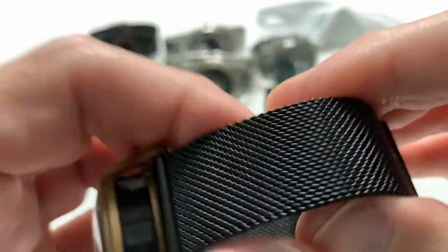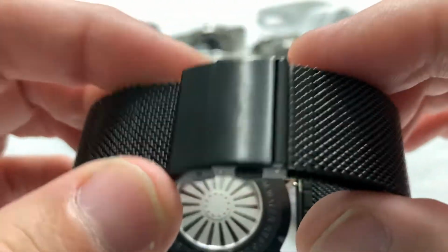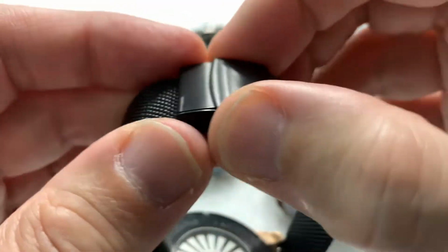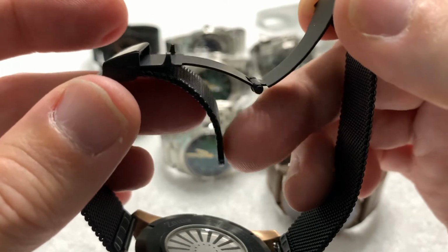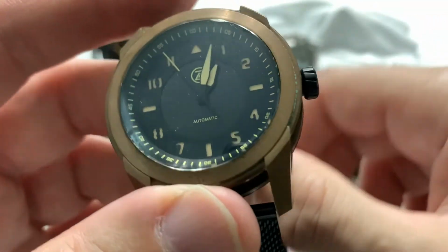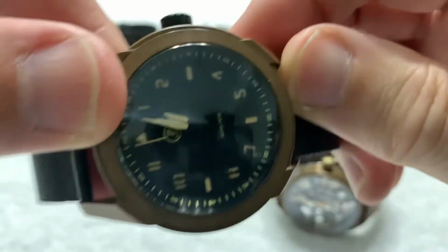Came to me without a strap, so I did pair it with one of these Ichi mesh straps that I've been favoring lately. Very smooth, very nice. Good clasp, easy to adjust on the fly. The tail slides under the clasp, so it's a nice clean look when you put it on. Really a nice old school,